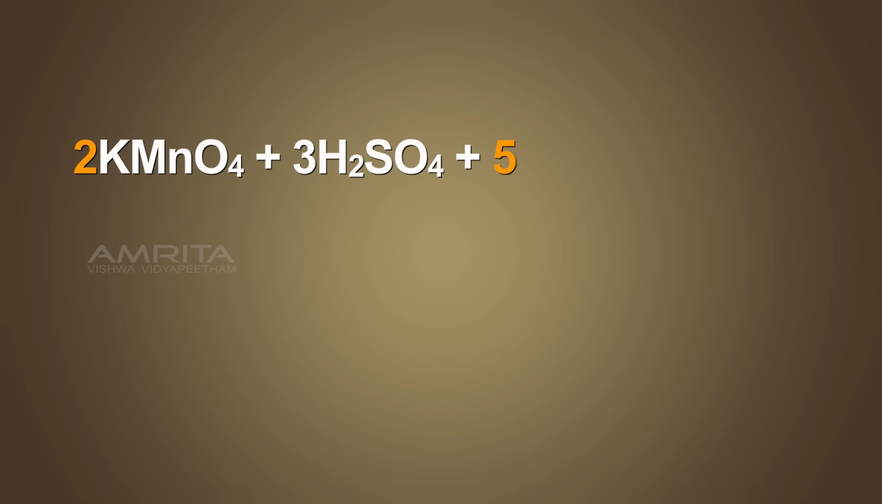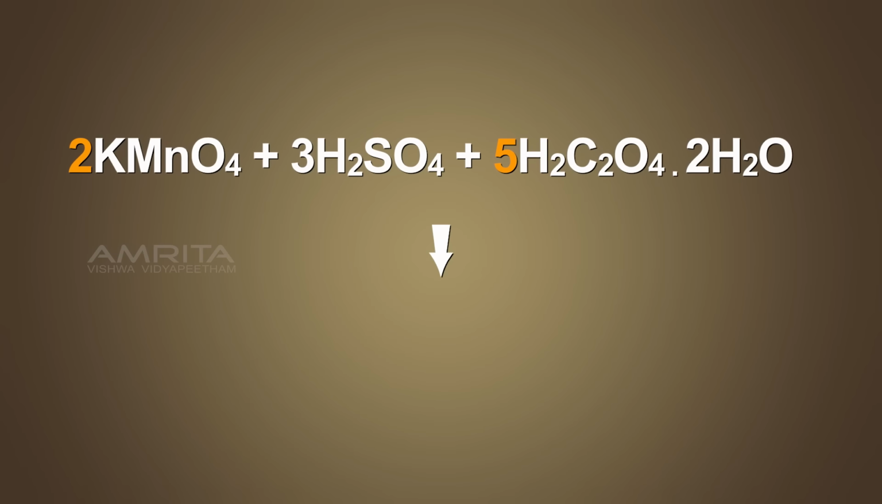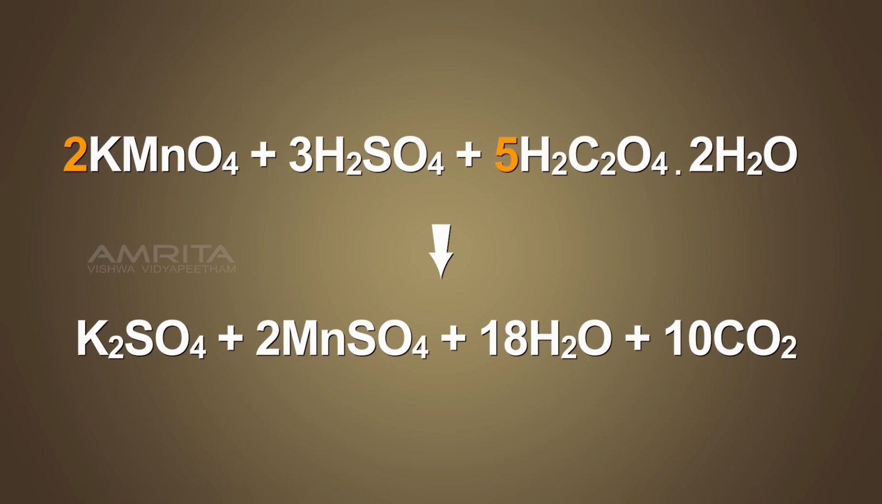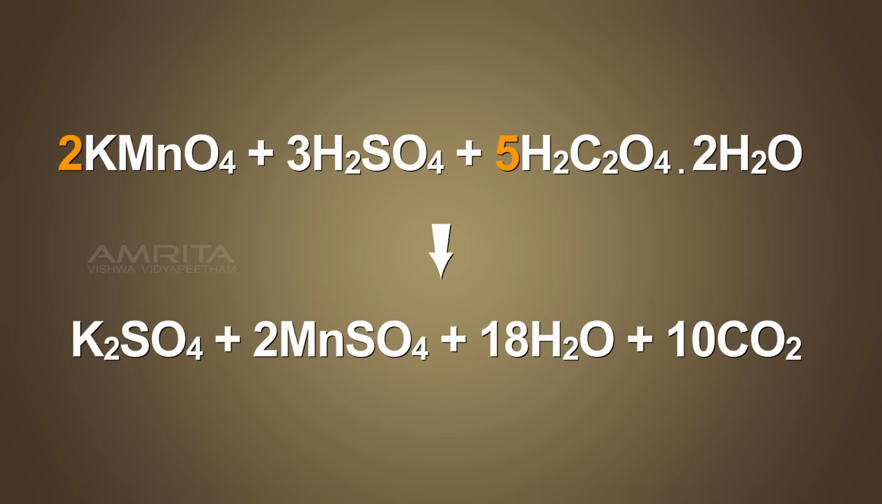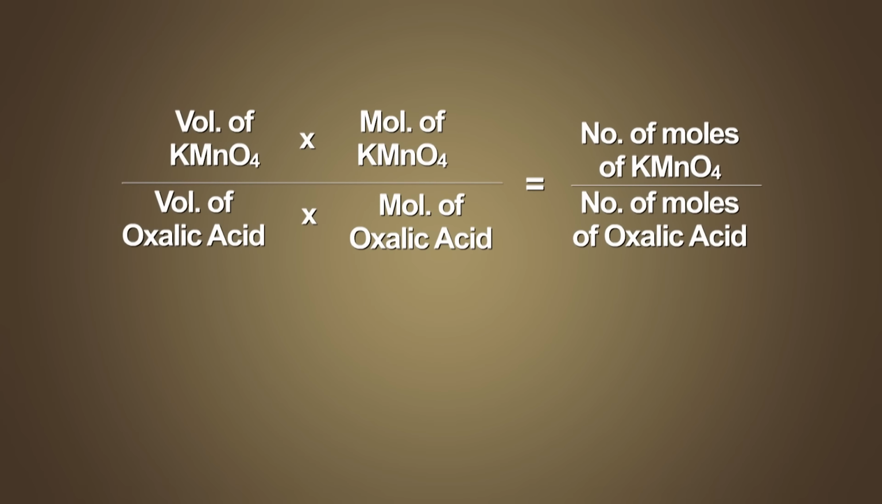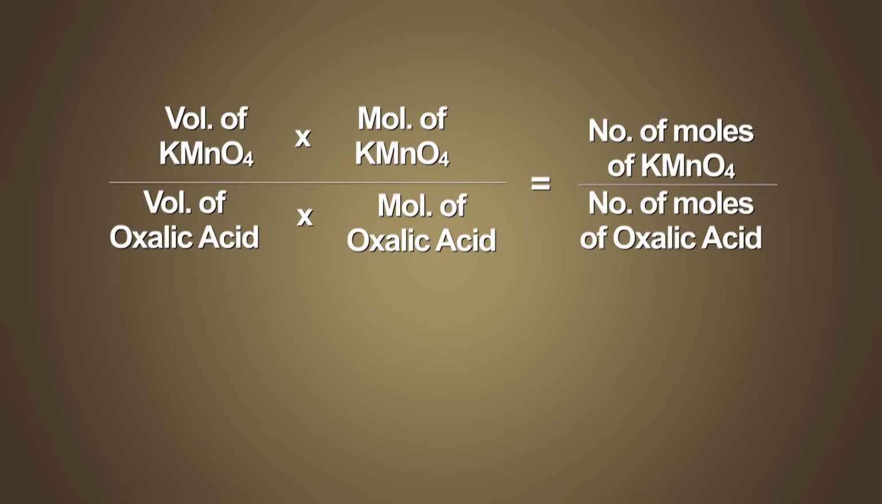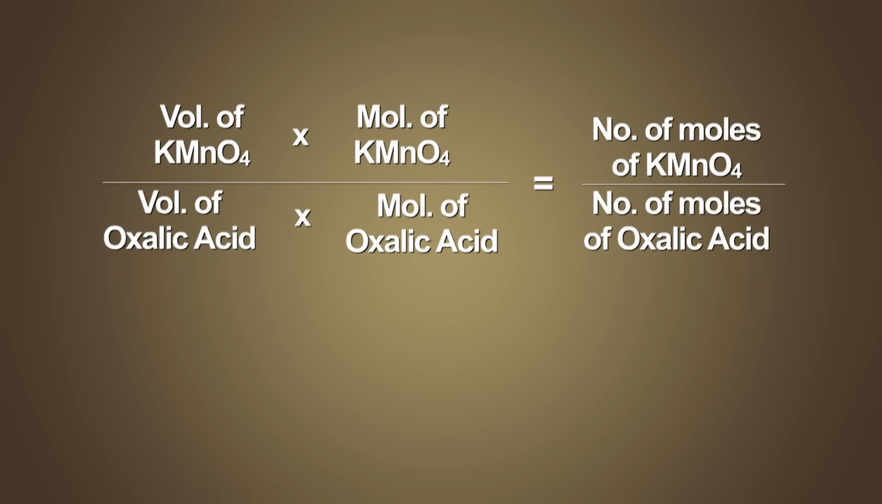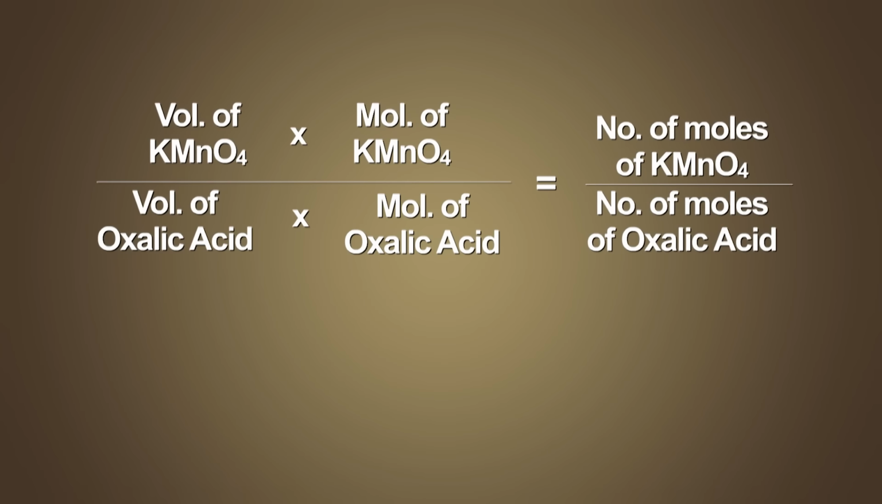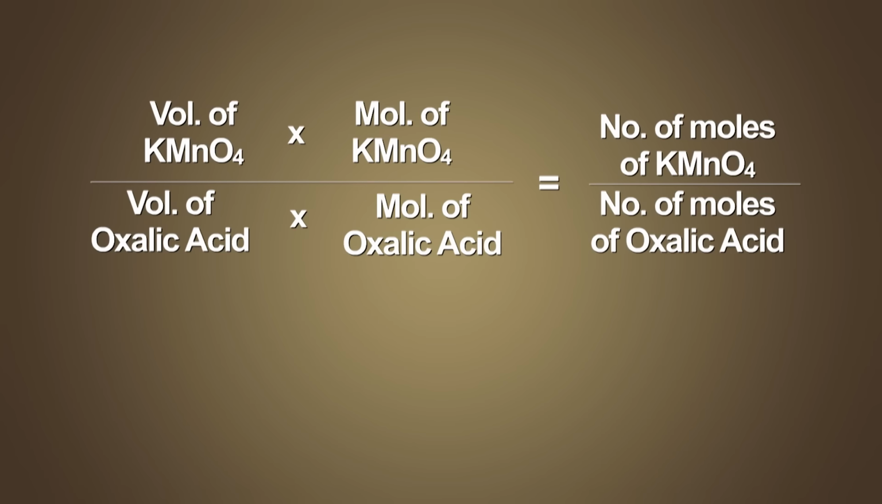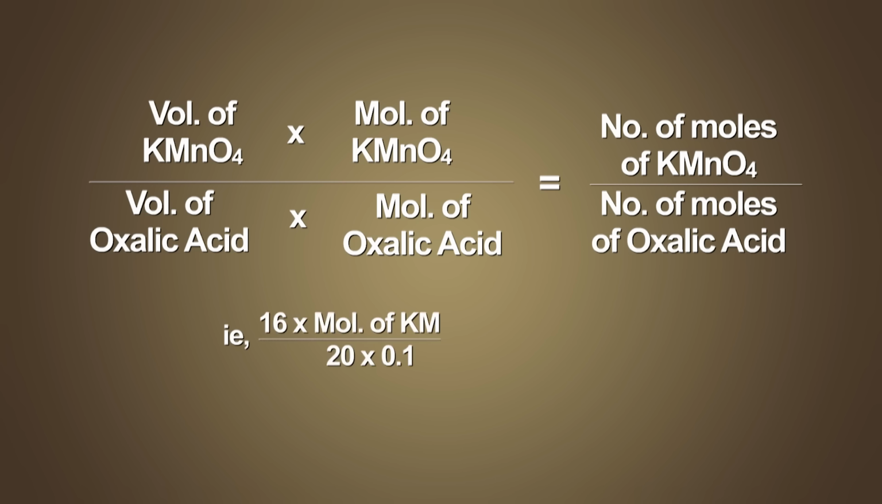From the reaction between the oxalic acid and potassium permanganate, it is clear that 2 moles of potassium permanganate reacts with 5 moles of oxalic acid. According to the molarity equation, volume of potassium permanganate into molarity of potassium permanganate divided by volume of oxalic acid into molarity of oxalic acid is equal to number of moles of potassium permanganate divided by number of moles of oxalic acid. That is, 16 into molarity of potassium permanganate divided by 20 into 0.1 is equal to 2 by